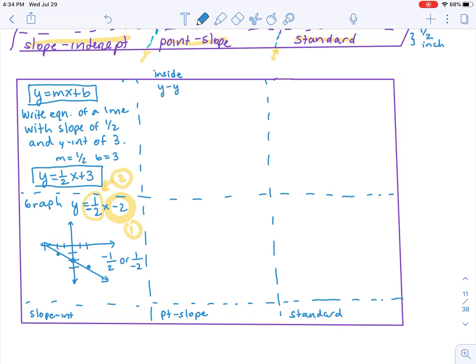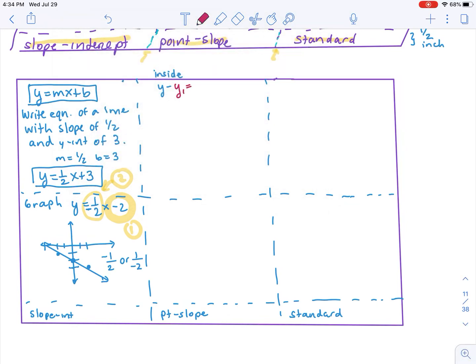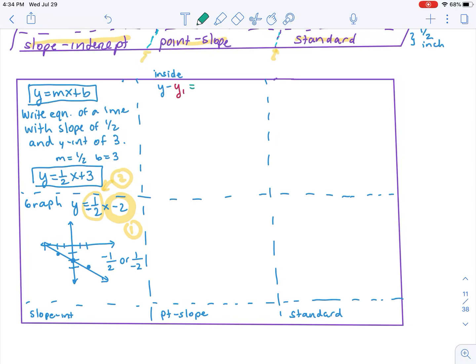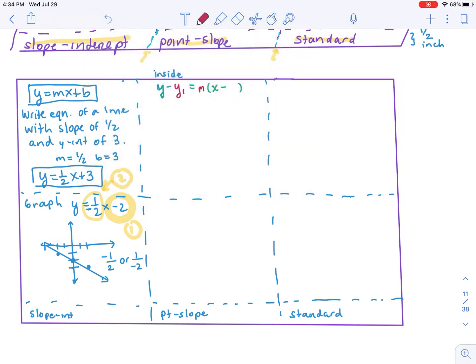Point slope form, I'm going to write a little bit smaller here, is y minus y1. And actually, the y1 I'm going to write in a different color. Let's keep y minus y1 equals m times x minus x1. And I'm writing the m and the y1 and the x1 in a different color because